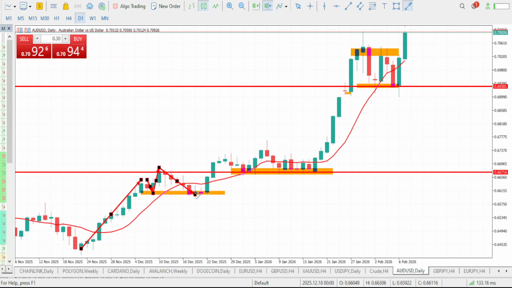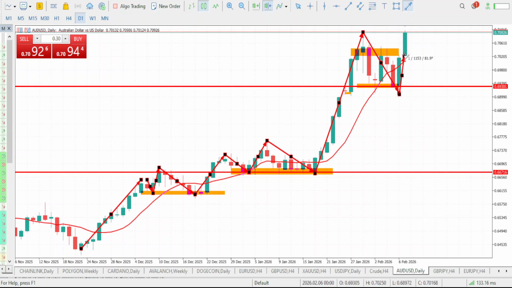Now market was able to push up again to form another higher high, and here is the higher low. Now one more movement was made again that formed a new higher high, and this is the higher low. Now market was able to push up one more time right here, which is a higher high, and this is the higher low right here.